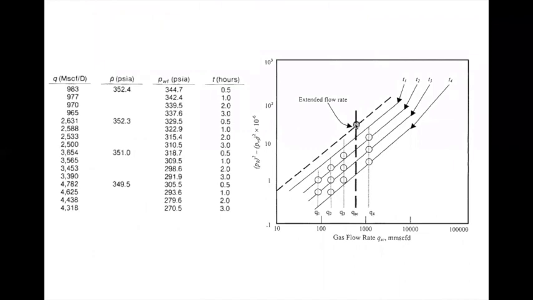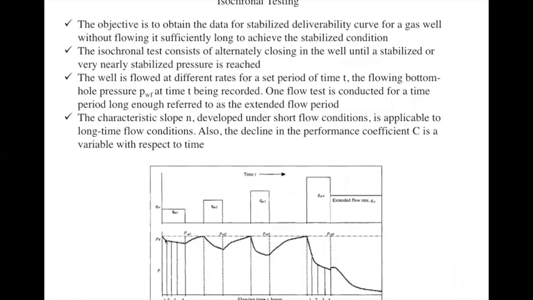Okay, so as you see that the slope is not changing, so we can draw a line which is equal to the slope of this previous curve, which is called transient deliverability curve, right? Because the pressure has not reached the stabilized condition. As you can see that pressure is declining here, and at time equal to 2 hour, the pressure has not stabilized, right? So pressure is still transient.